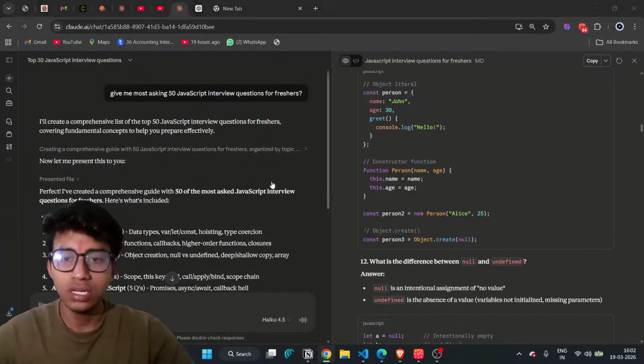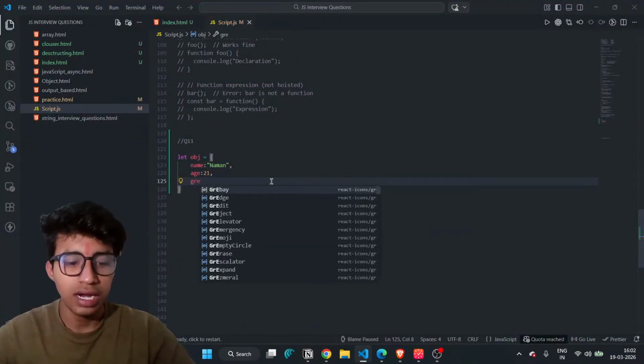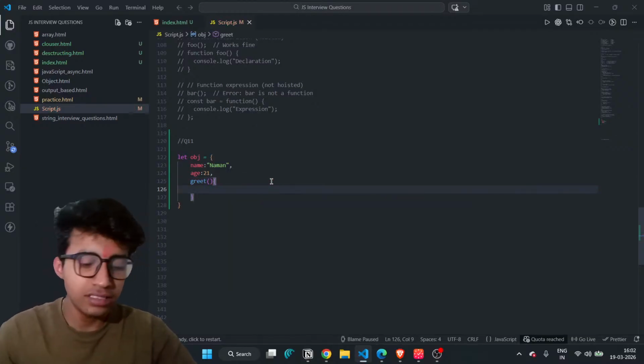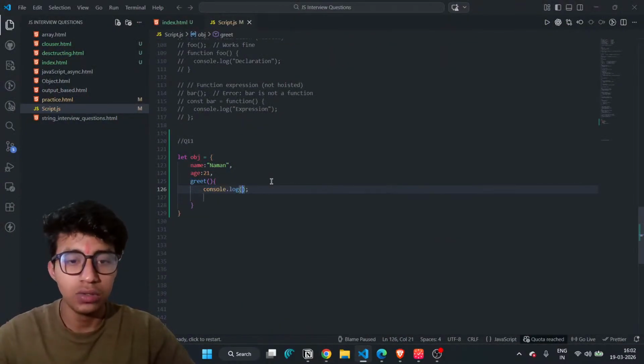And the next is greet. Greet is a function that we simply write there. You can use any name. I just use greet and it will simply log hello.